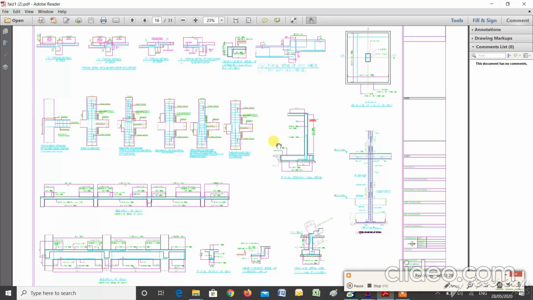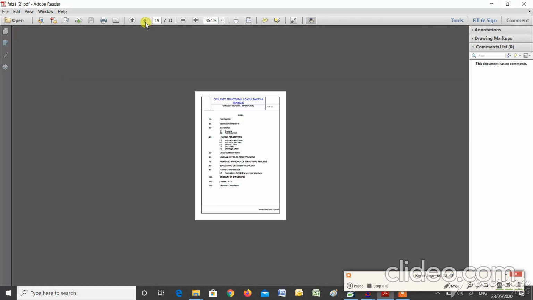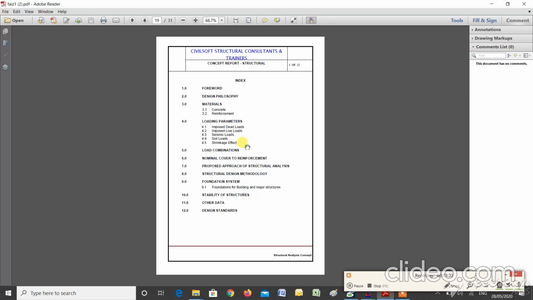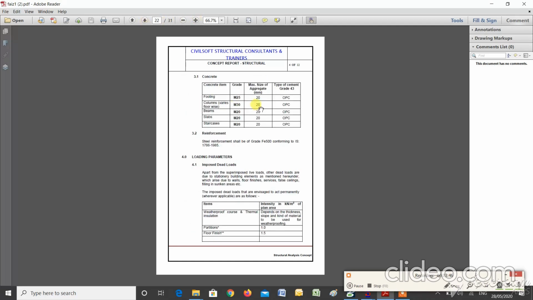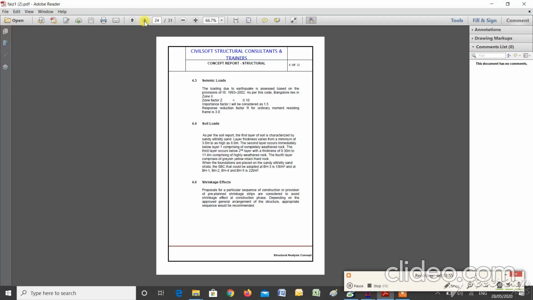After typical details, we prepare a report of the project, the report which gives all the technical details. This report is known as DBR, Design Basis Report. Here we'll be mentioning what is the design philosophy we have used, what material we have used, what is the loading parameter used, and all that. For example, footing, what grade concrete I have used, beams, what is the grade, slab, staircase, and loading parameters, which code you have referred. All the details will be given here.